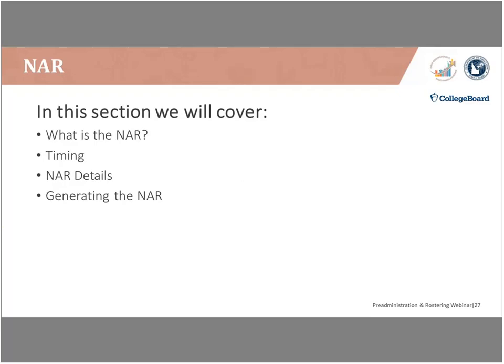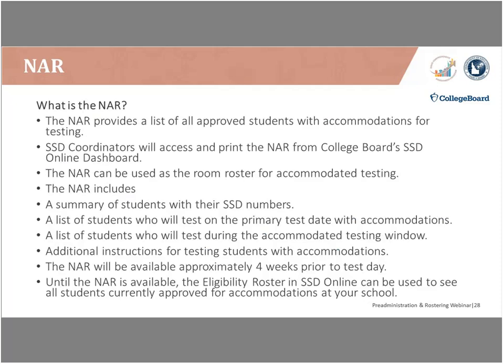In this section, we'll talk about the NAR, the timing, the NAR details, and then how to actually generate the NAR. The NAR provides a list of all students who have approved accommodations for testing. SSD coordinators access that and print that from College Board's SSD online dashboard. The NAR can be used as a room roster for the accommodated testing students. It includes a summary of students with their SSD numbers, a list of students who will test on the primary test date with accommodations, a list of students who will test during the accommodated testing window,